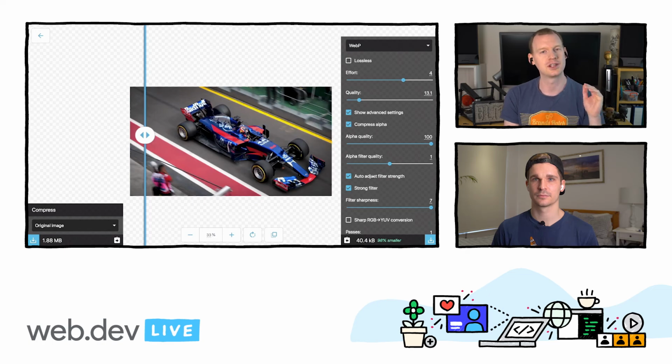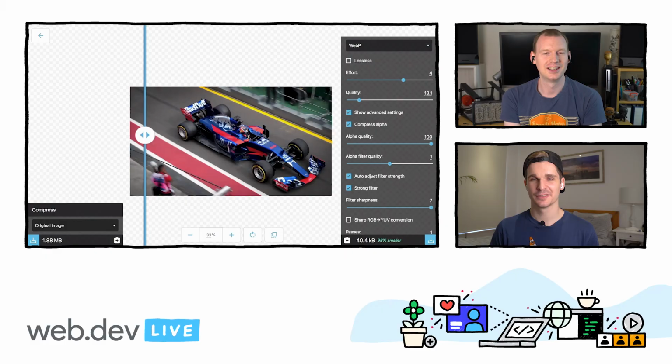Now, the filter is actually a decoding filter. It's just what it's going to do to remove that blockiness. But it increases the encoding time because it tries to figure out, by looking at the image, what the best kind of filtering is going to be. But yeah, it's just a 1-bit flag. Or not 1 bit, like a couple of bits. 3 bits, I guess, if there's 8 levels of filter sharpness. Yes, exactly. I think there might actually be more. I think it might actually go from 0 to 100, but so it's probably a byte.